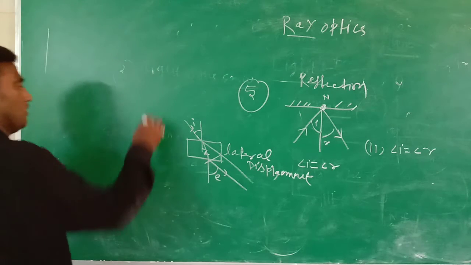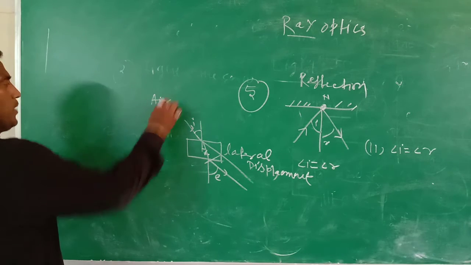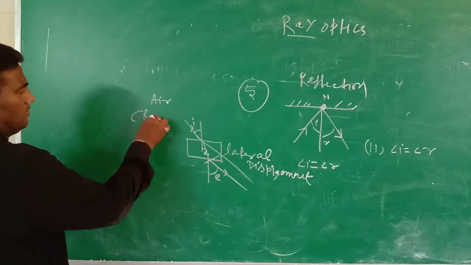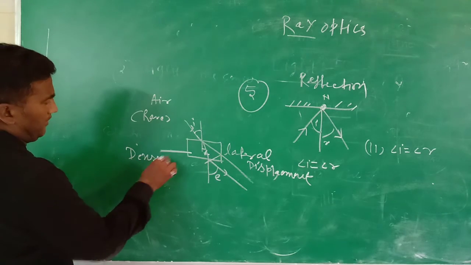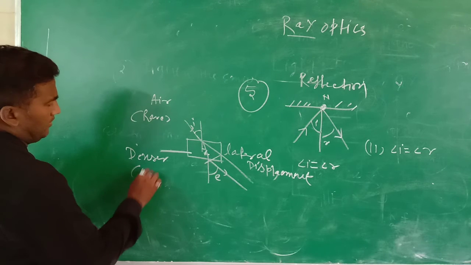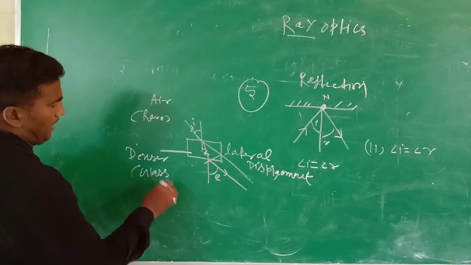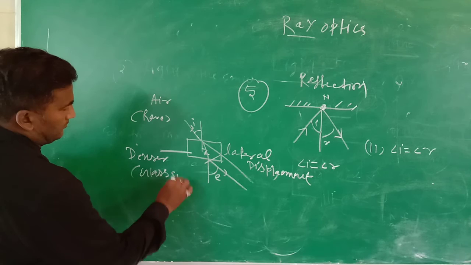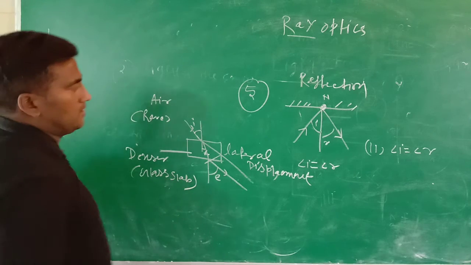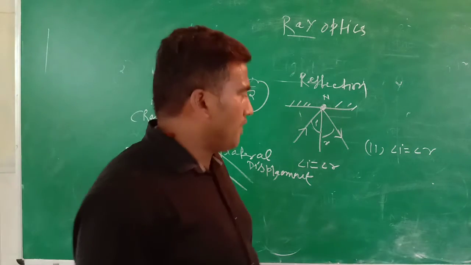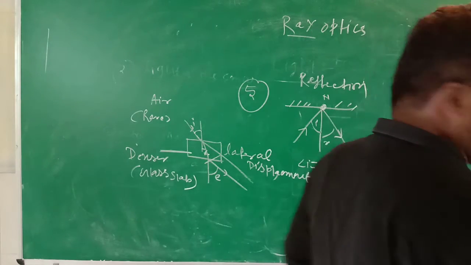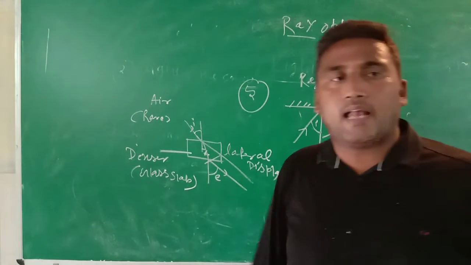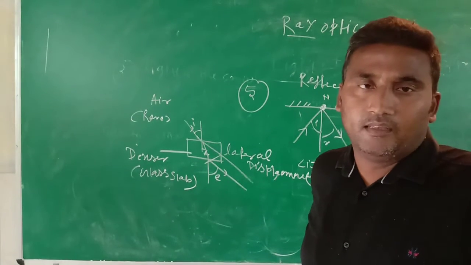What is the refraction of light? When a ray of light passes from the rarer medium to the denser medium, it is bent at the normal. This is called the refraction of light. Snell also described the law of refraction. The first law shows that the incident ray, refracted ray and normal lie in the same plane.